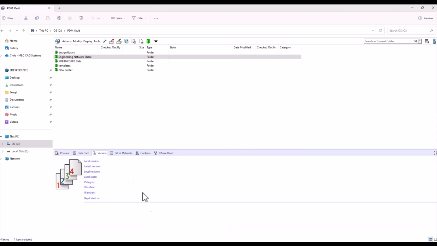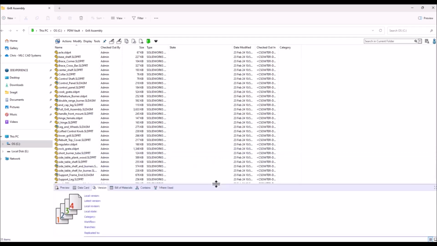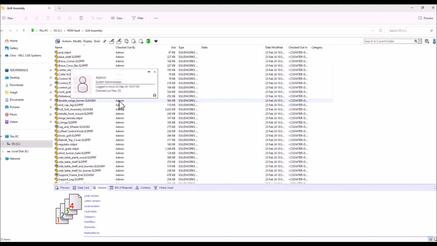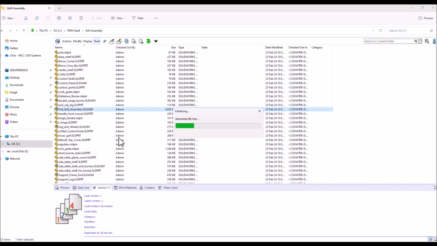So moving back into the PDM vault, we'll go into the grill assembly, and you can see it's brought the assembly over and all of its references. Now it's left them in the checked out state, so we do still have to check the assembly in. But prior to doing that, I want to show you one more tool that will just validate that we've got everything that we need. We're not missing any references, and files are not pointing outside of the PDM vault. So this next step is to select the assembly, and then in the Tools menu in SOLIDWORKS PDM, there's a tool called Update References. If you run this on your top-level files,